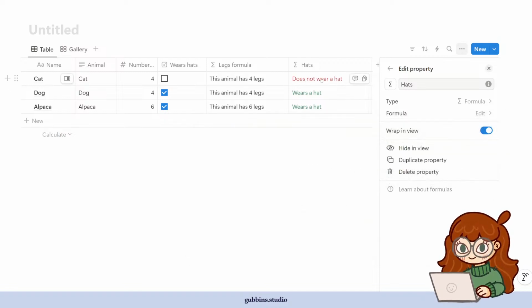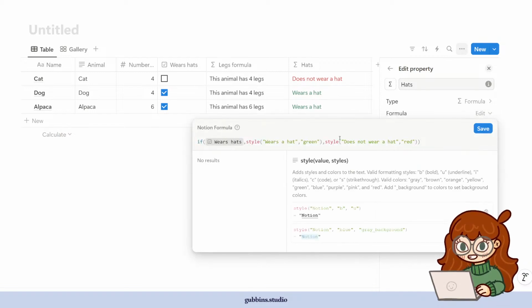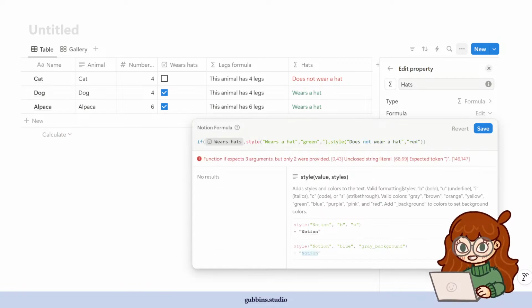So here, does not wear a hat, wears a hat. Another thing is that you can, and you can see it here, if you add underscore background, then you can also add the background color. So within this formula, you can see in the definition, you can apply multiple styles to a single value. So then if I went green background,